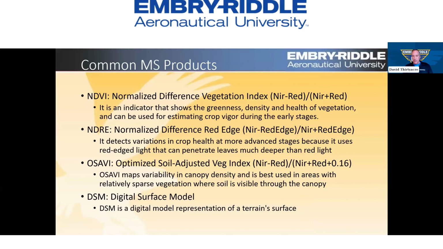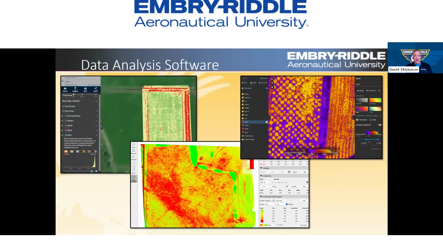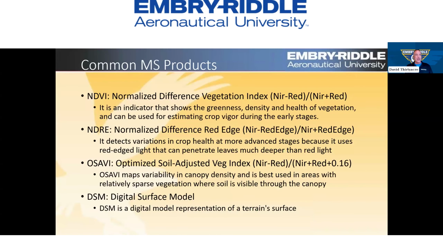All right, so what are some of those? I just threw a few up there for those who aren't familiar with this. You saw on that last slide, on that upper right image, there's probably at least 10 different indices that are used for different things and different crops and different areas. But these are some of the ones that are used quite a bit. NDVI is one you've probably heard about.